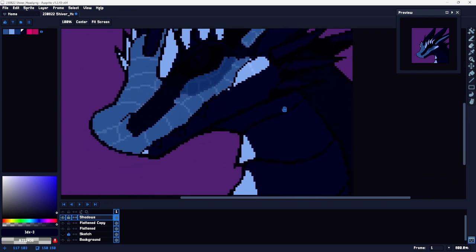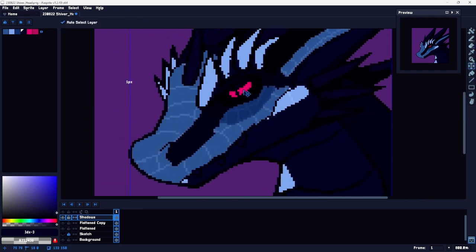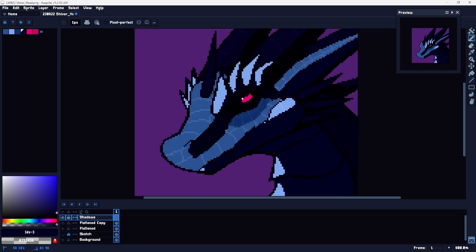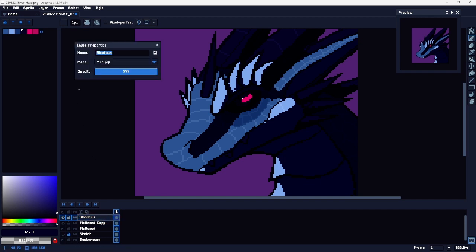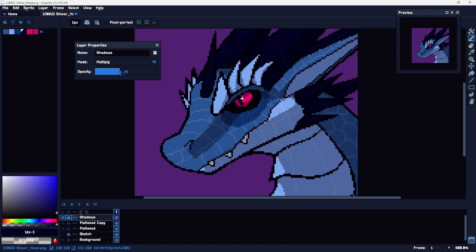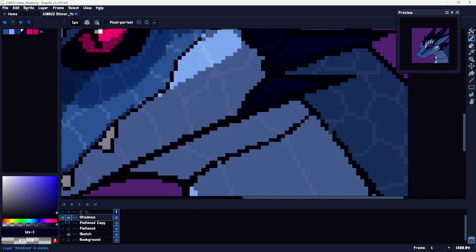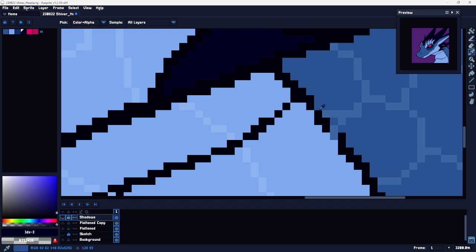And if you feel comfortable with the colors you might have gotten, you can go ahead, double click the shadow layer again, and turn down the opacity. Don't have to make it too strong. I feel like that's a good one. Now, I strongly recommend keeping the shadow layer on its own layer as much as possible, because